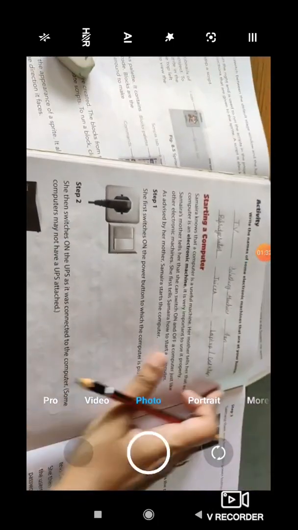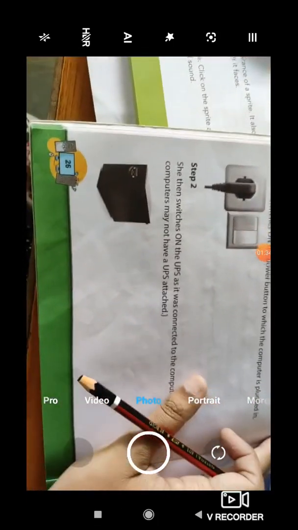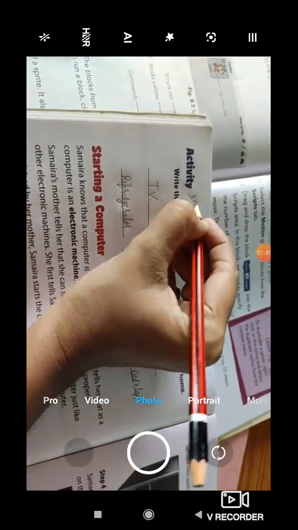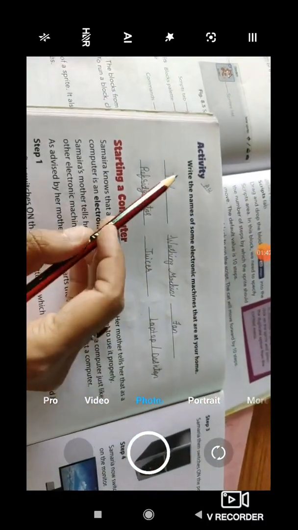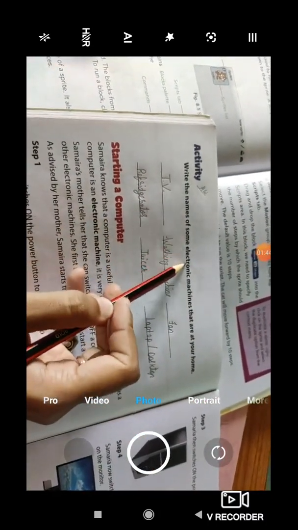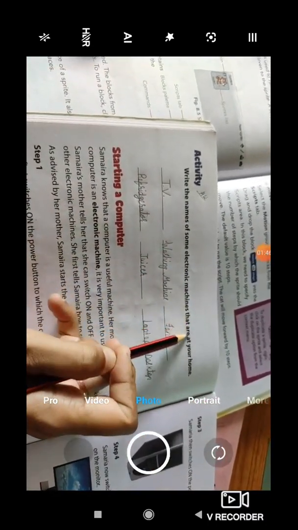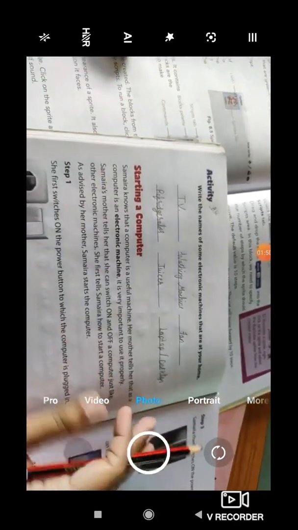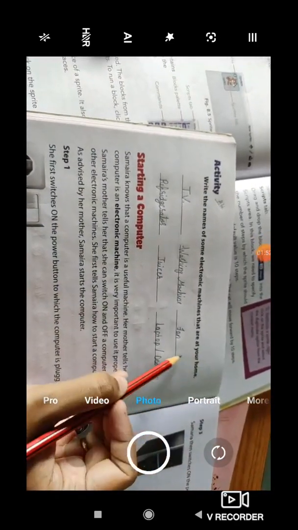After this, dear children, if you remember, I gave you this activity as a task, page number 26. Last class I gave you this work as homework. I hope you all have done this. Write the names of some electronic machines that are at your home. So you must be knowing what electronic machines you all are having in your families.